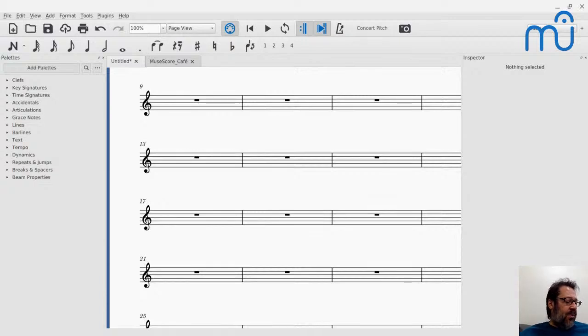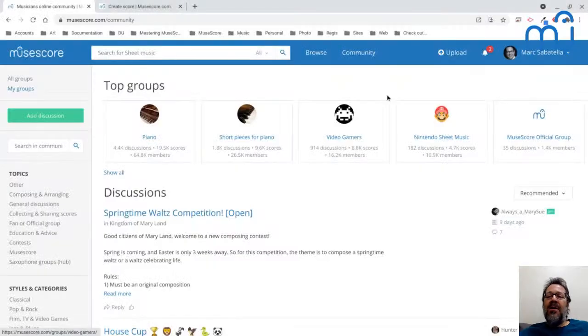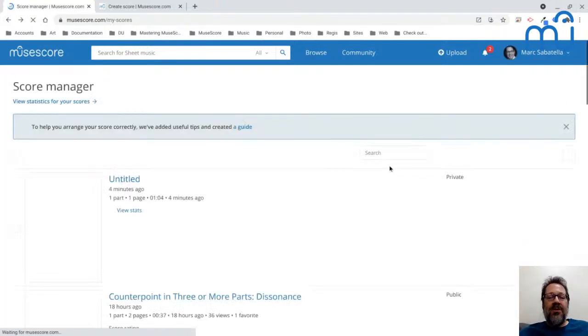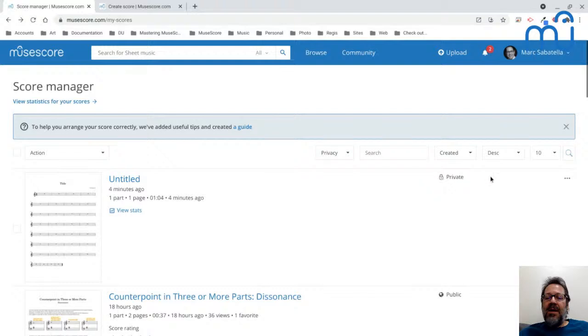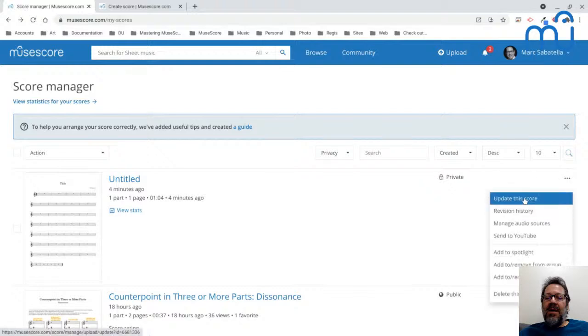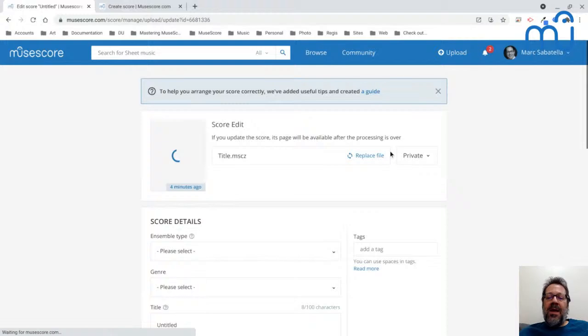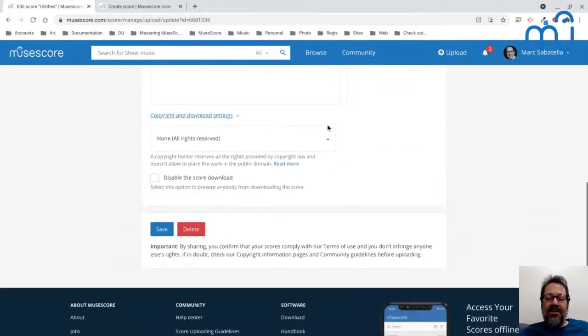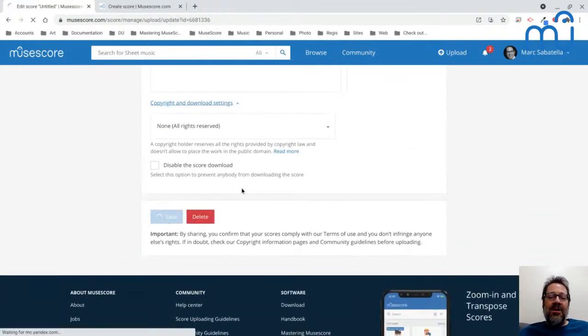And yeah, it looks blocked. So yeah, I'm surprised it gave me the option to hit that share button, to be honest, since it is blocked. But in fact, let me just go ahead and do that. If I go to my score manager and take this thing and say I want to make it, I'll say update this score, and now I want to make it unlisted, and you'll see this is indeed the exact same kind of dialog box here. So when I make this unlisted,